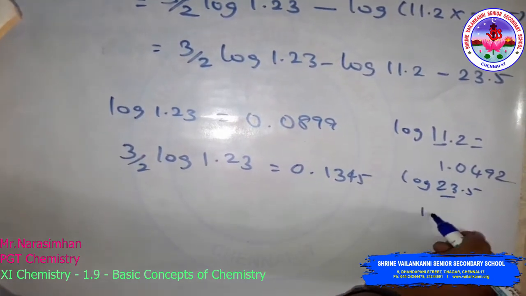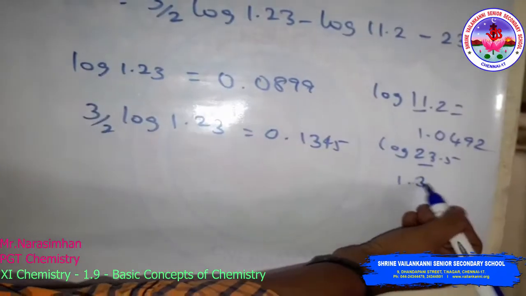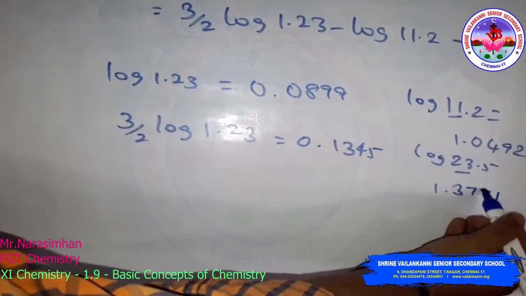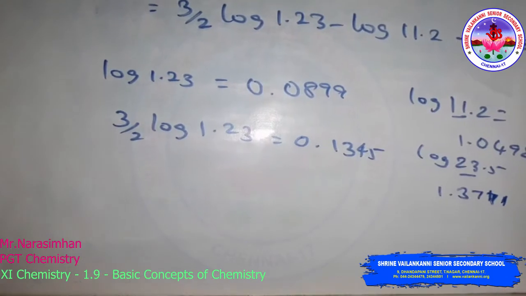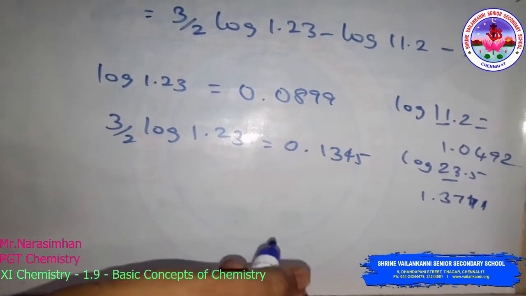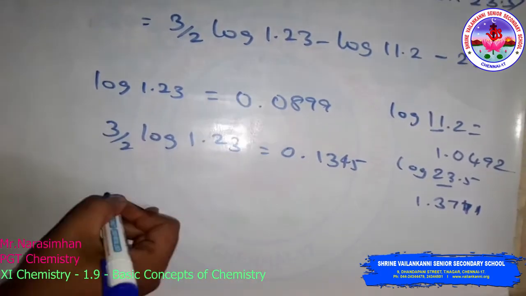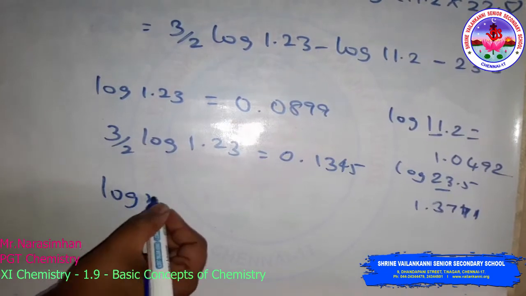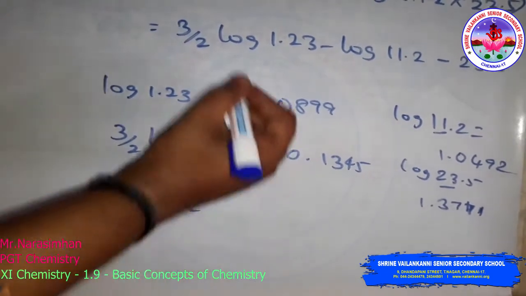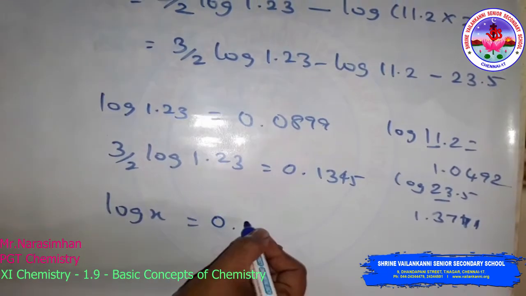2 digits, so that is 1. 23 is 5 in 23.5. This is the 5. 3711. Sorry, 3711. So this is the log of 11.2 and the log of this. So you can take that log value, that is log x is equal to, already we found, that is 0.45,